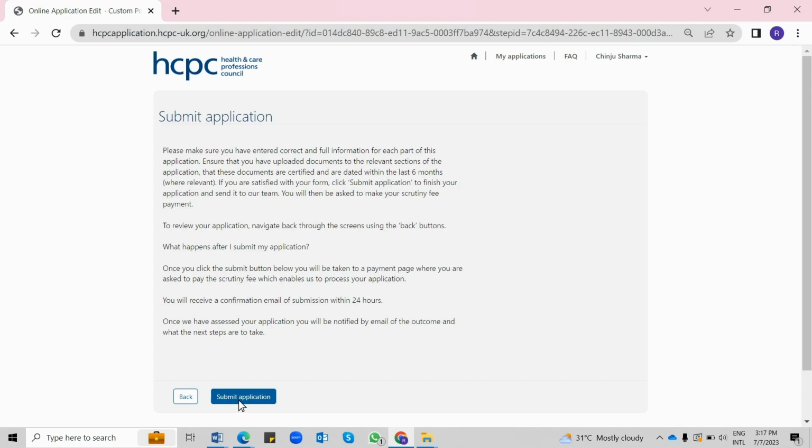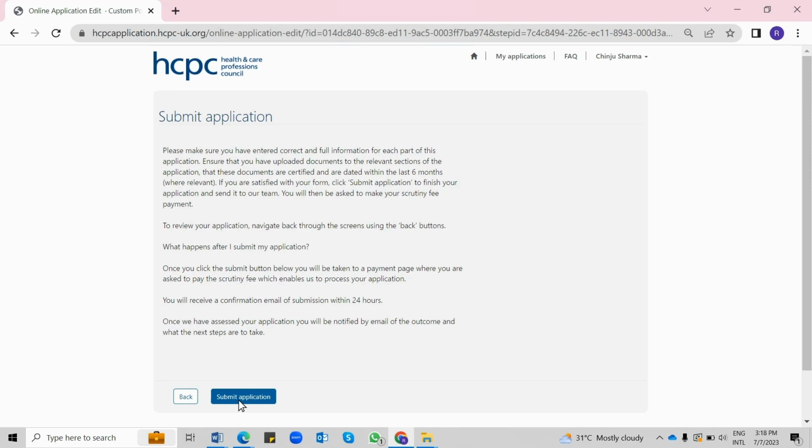So what is the scrutiny fee? Scrutiny fee is a kind of assessment fee. Once you pay the amount, the HCPC will start the verification process, and they will send emails to the references you have provided earlier in the application form. The email IDs which you have provided, they will send them emails for verification purposes. And once your referees reply to HCPC, and once all the education details are checked by the HCPC along with your employment and everything, then the verification part will be completed. Then they will send you the final link for the payment, and that will be the registration payment, which you will receive directly by email.